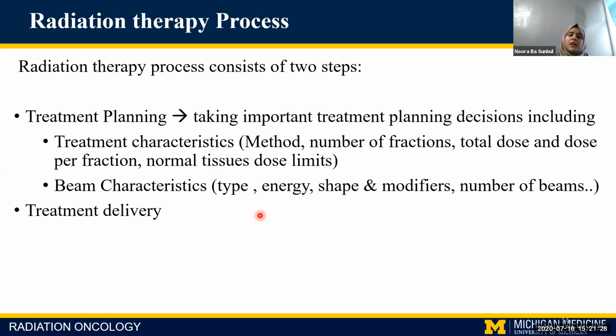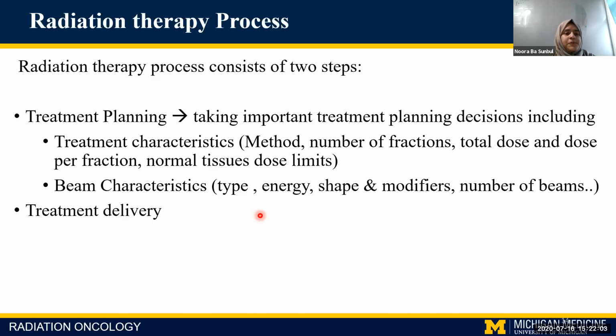And the other thing also to consider is the characterization of the treatment delivery. For example, whether you will use brachytherapy versus external beam radiation therapy, the type of radiation, whether it's electrons or photons, the shape of the beam, and how many beams you are going to use. You have to make decisions about all of these things. That would, of course, be based on the tumor, its size, and the type of cancer, and all of that should be taken into consideration and assessed before you deliver the treatment to the patient,